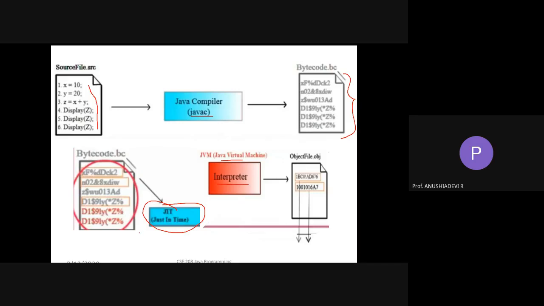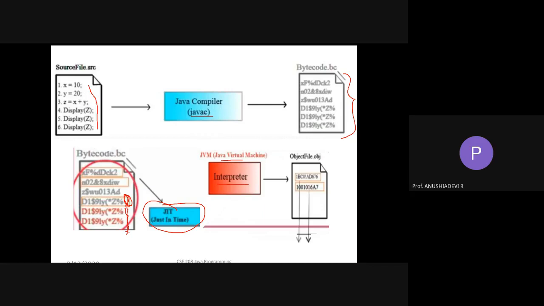If it can improve the performance of this code, it will improve the performance. For example, here we have 3 bytecodes, and all 3 bytecodes are the same. So what the just-in-time compiler will do is, instead of compiling 3 statements, it is going to find out the machine code, the executable code for this statement, and automatically that machine code is replaced for these statements. So wherever the same statements are there, the just-in-time compiler will replace them with